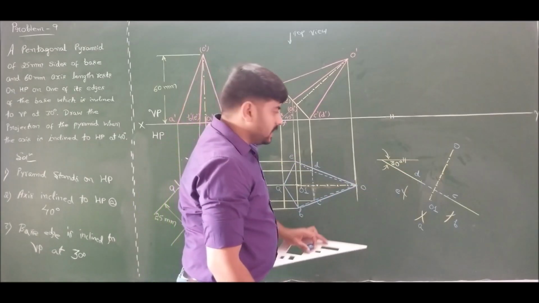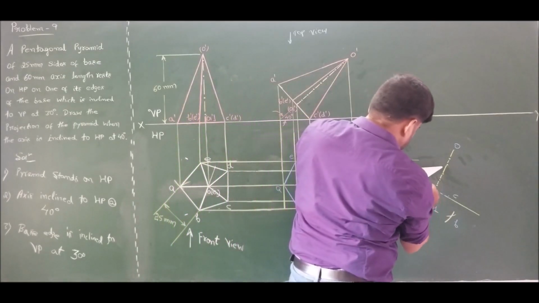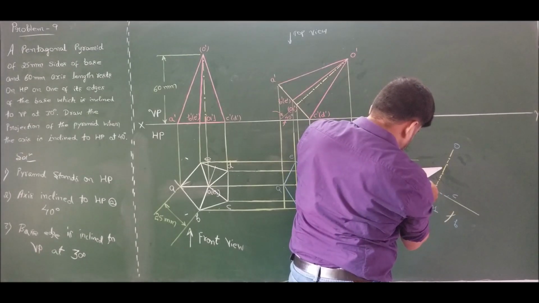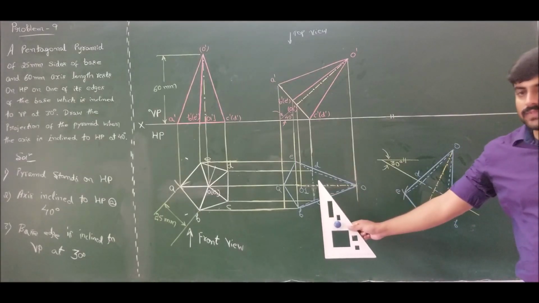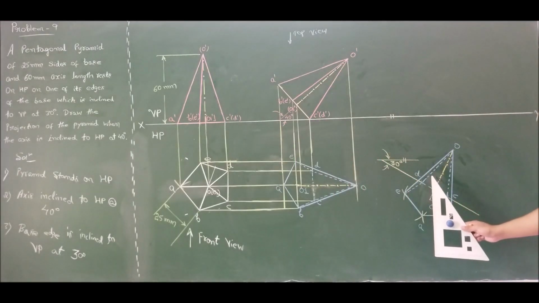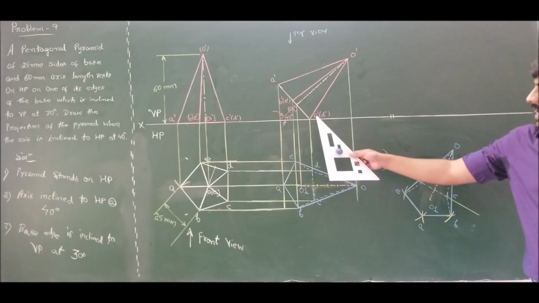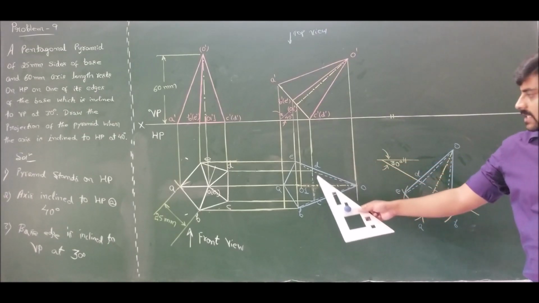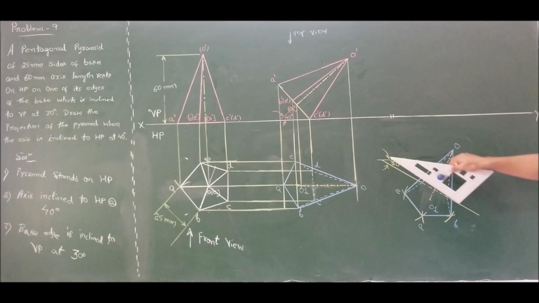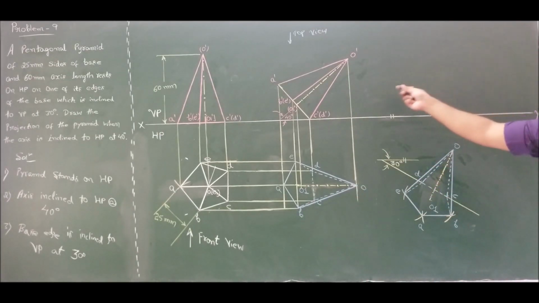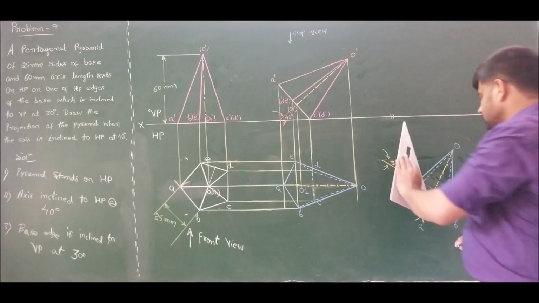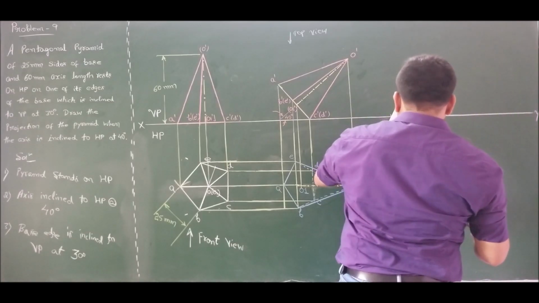If I do that, I'll get this. This completes the transferring of this top to the second position, in which the resting edge C prime D prime, that is CD, is inclined at an angle of 30 degrees to the vertical plane. Now take the projection vertically upwards and also from horizontal. If I do that, I'll get